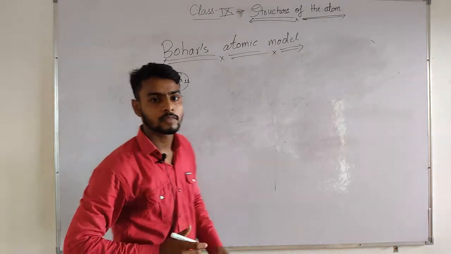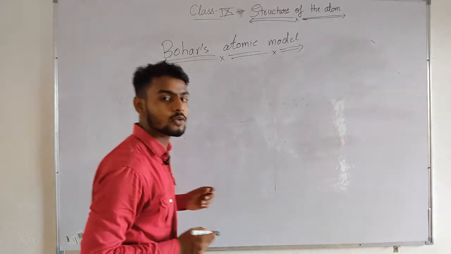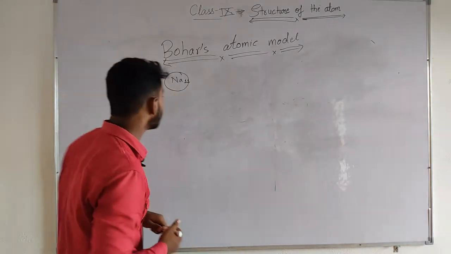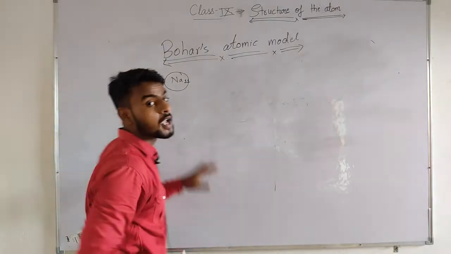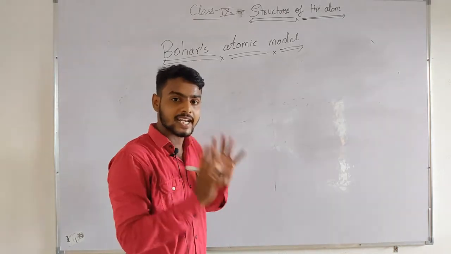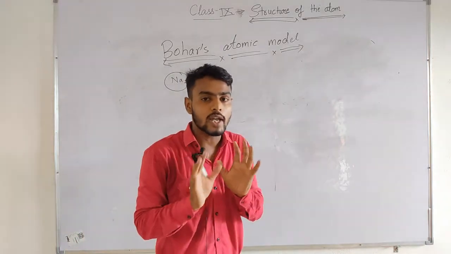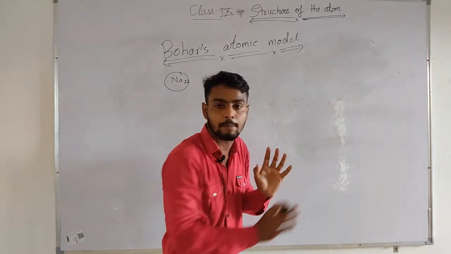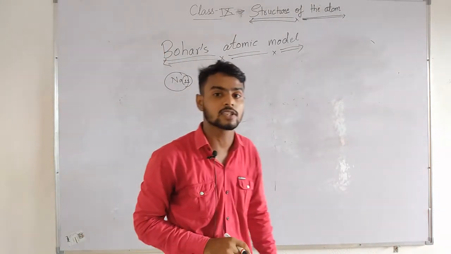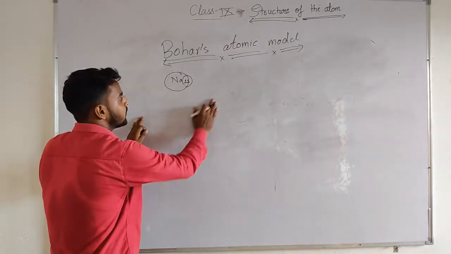If you see in your NCERT book or periodic table, the atomic number of sodium is 11. Now we are going to distribute the electrons in their particular shells, or orbits. We are going to arrange how the electrons of the atom are arranged in their particular shells. How many electrons? There are 11.